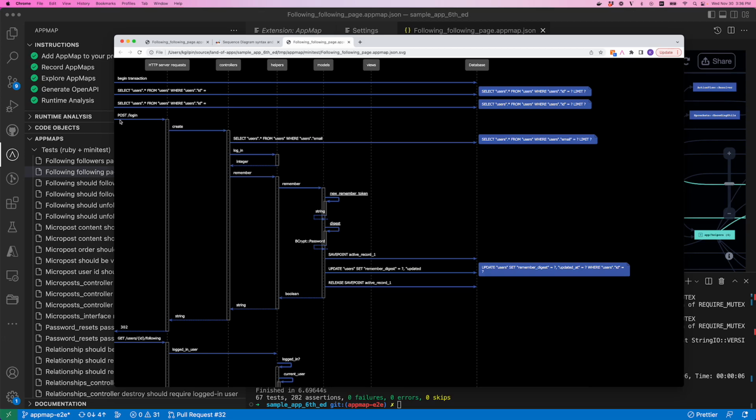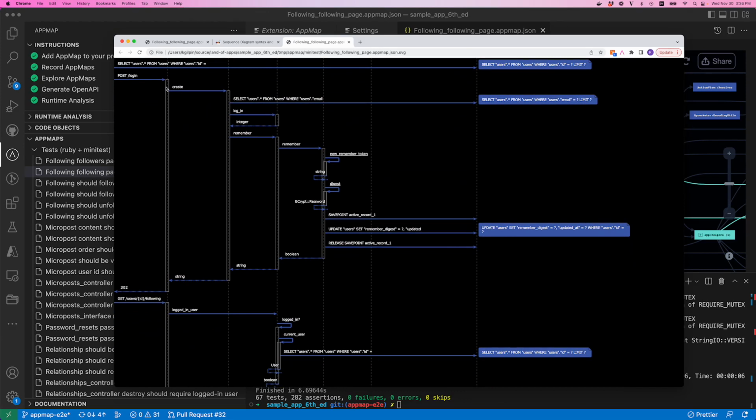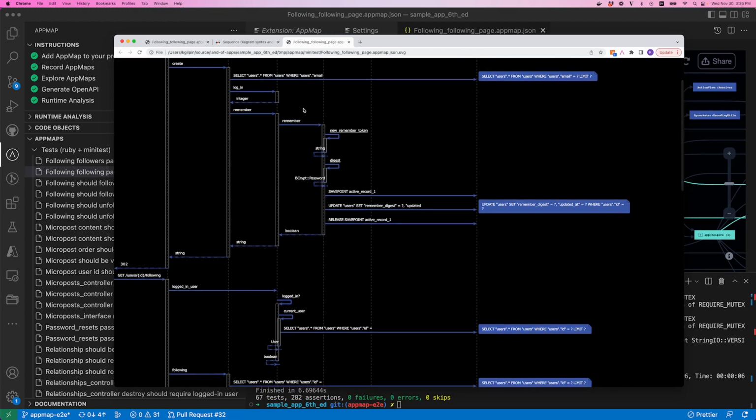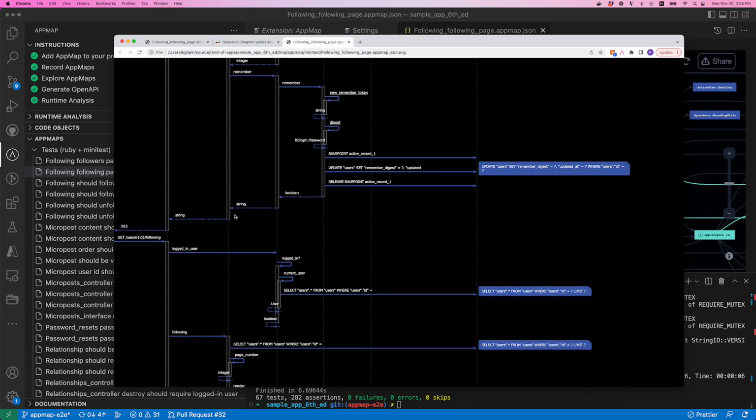So inbound from the left is an HTTP server request. The code flows through the controllers package, through helpers, models, views, and into the database and back. Every function call is represented by a left to right arrow with a label of either the route, the function name, or the query. And when a function returns a value or a status, that's represented here by these